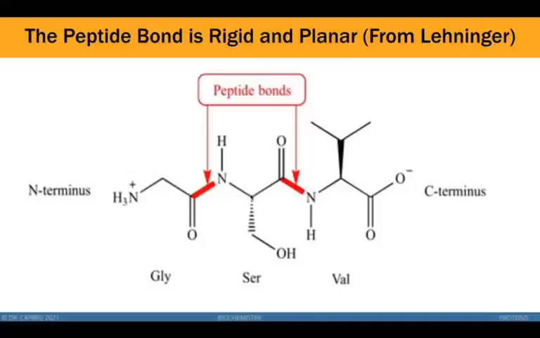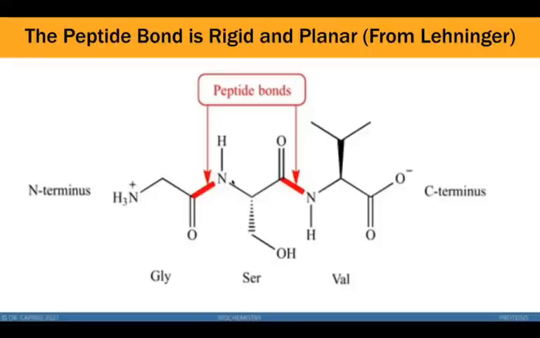The carbonyl carbon and the alpha carbon. Again, the free rotation occurs between the bond of the nitrogen of the amino group and the alpha carbon, and the alpha carbon and the carbonyl carbon. So these two bonds have free rotation. Okay. Now what is important is that peptide bonds, which are the carbonyl carbon and the nitrogen of the amino